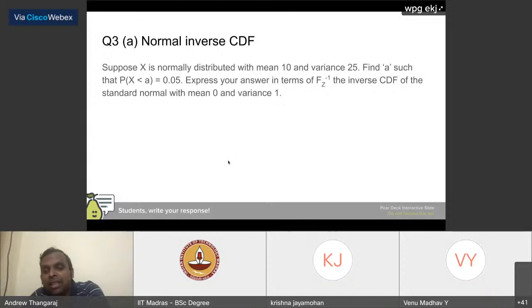So FC inverse is the function inverse. Inverse CDF. It's not 1 minus FC. That's different; you can maybe call that the complement. But this is FC inverse. Remember, every CDF is a monotonic function from 0 to 1. So if I give you the value of x, you can find Fz of x. If I give you the value of Fz of x, you can also find x. You can go back and forth.